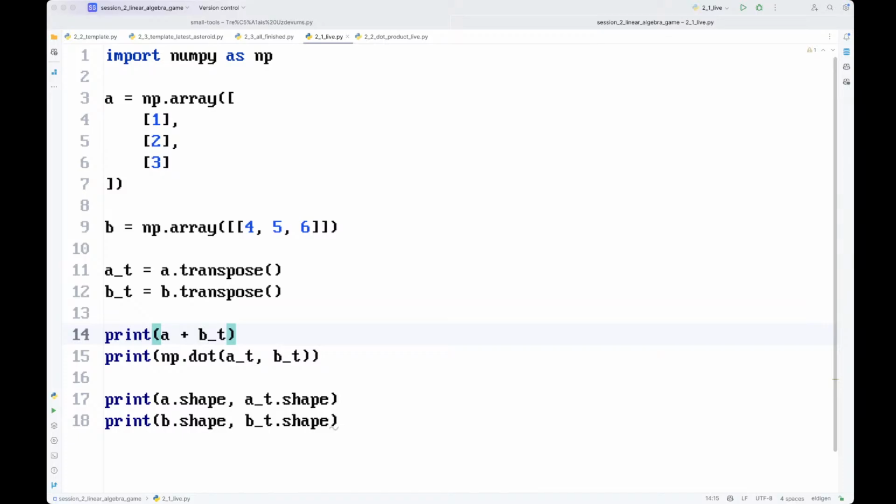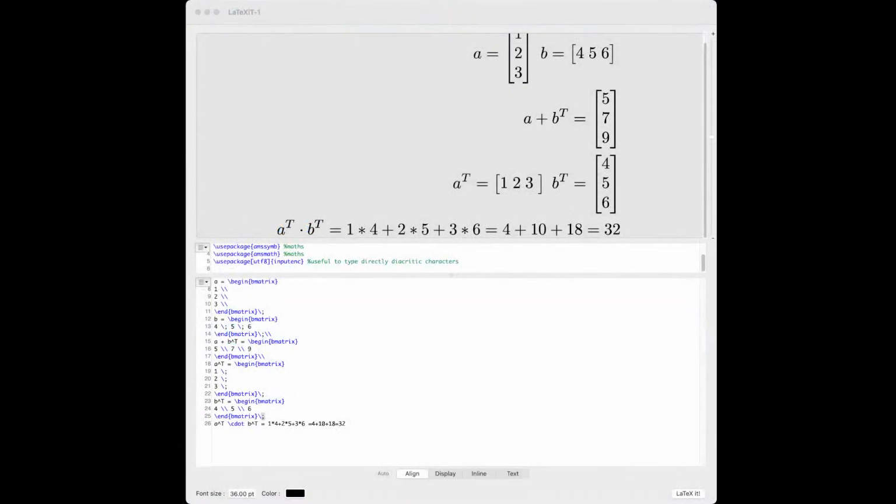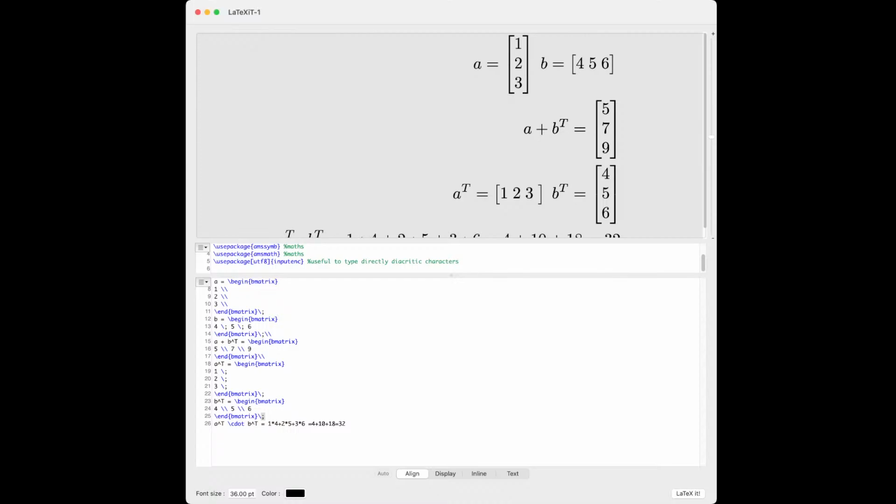Let's return back to the LaTeX. Okay, so cool. And in the LaTeX, I have more ideas for what we could do. Let's see. So I have that one. We could actually change the shapes. That's one option. So do we have the correct order? Just a second, looking, because if you do it in the wrong order, it still works,